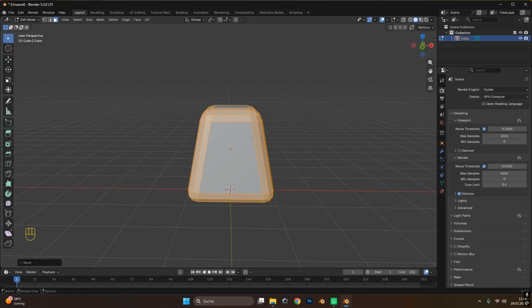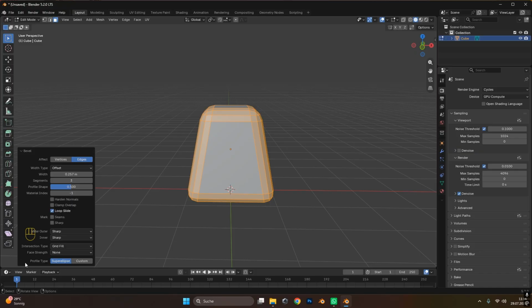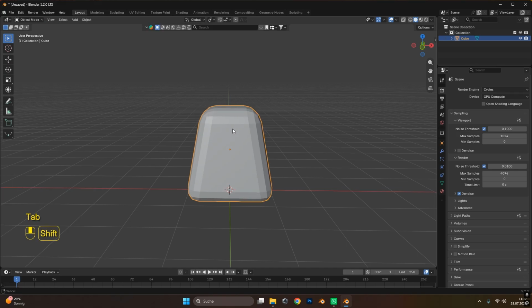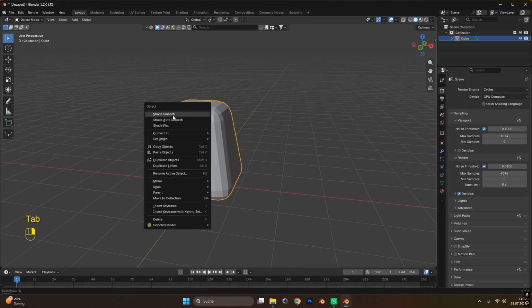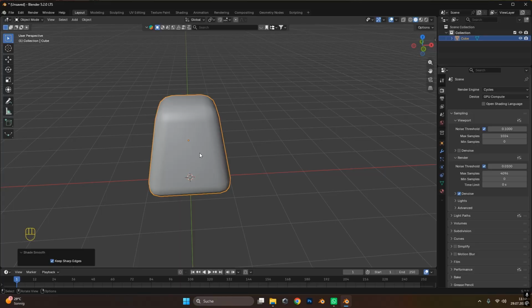click to apply it. Now, if you go at the bottom left corner right here, we can see this bevel tab, and in here we can define better what width and what segments the bevel should have. In my case, I think I used 0.3 for the width and 3 segments, which is perfectly fine for this. Press Tab to go out of edit mode, right click and also shade smooth, so we have a nice smooth